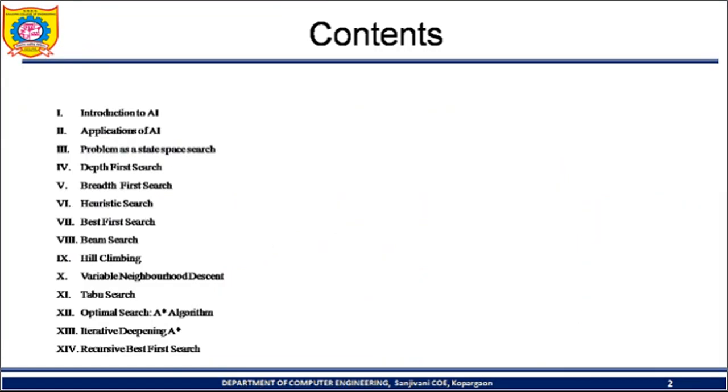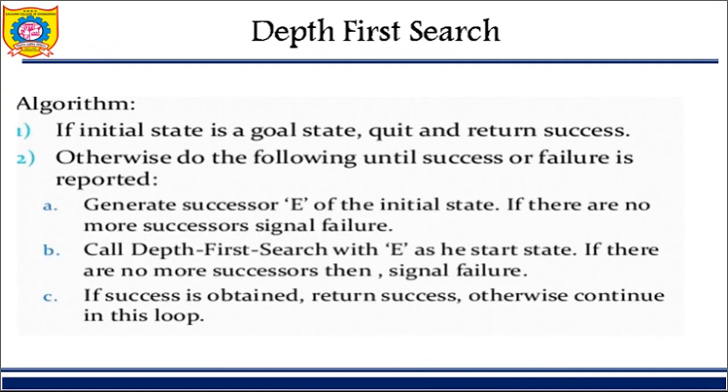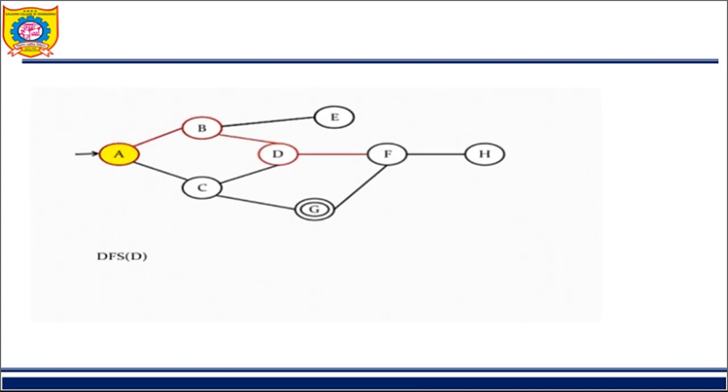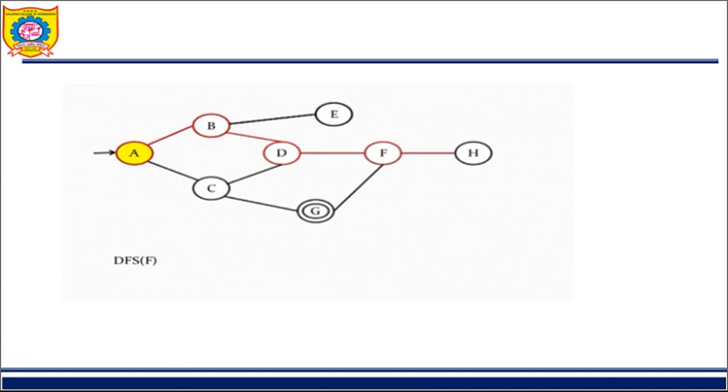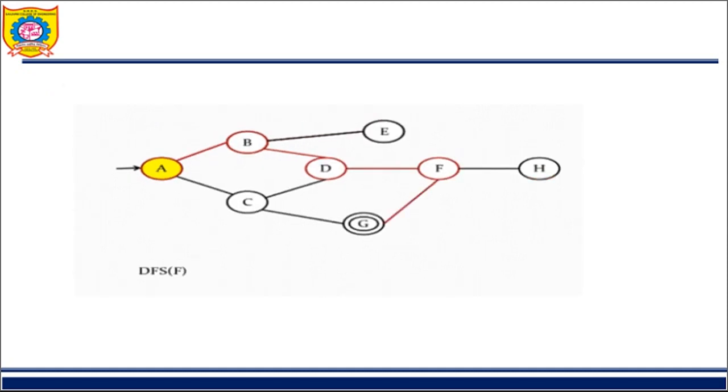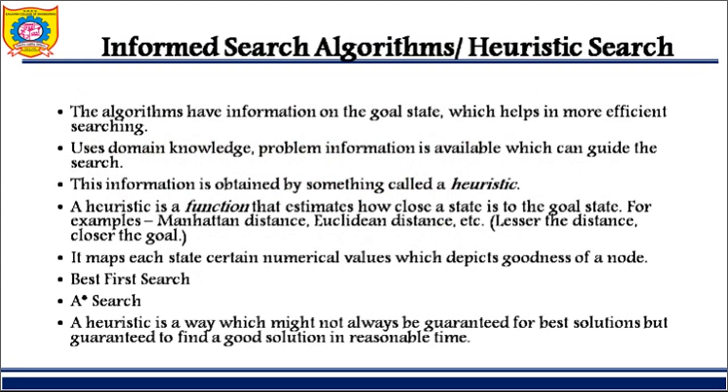Welcome back. In our previous video, we learned about the best first search algorithm. I have explained the example, and I'll explain the algorithm again. Best first search uses the best search strategy. Its advantage is that it combines the advantages of both breadth first search as well as depth first search. It uses the best possible choice. This is what we have seen with the help of the example.